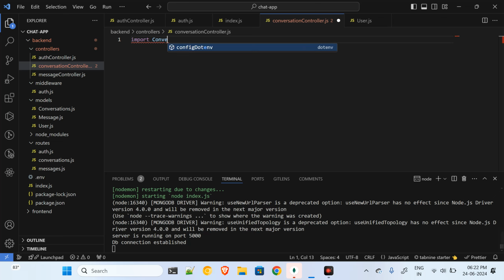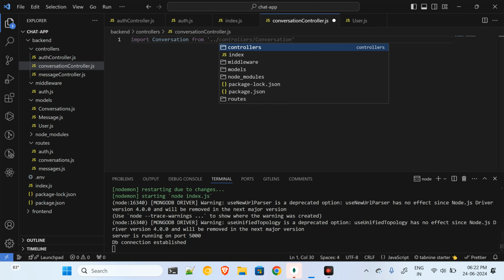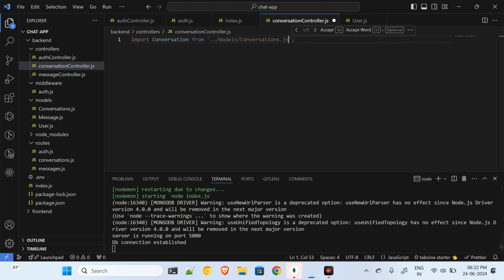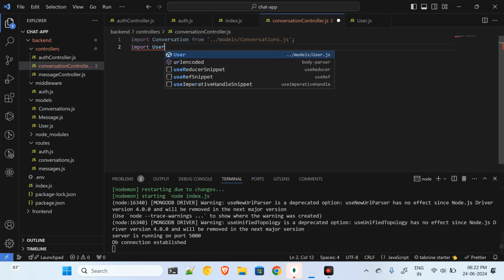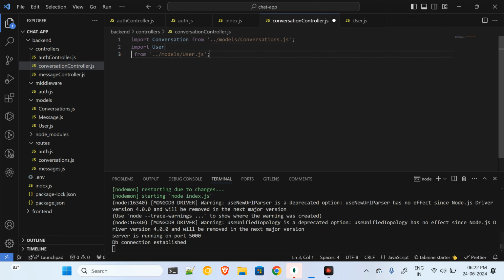I'm not able to import conversation from models and conversation.js. Sometimes autocomplete works fine, sometimes it doesn't. Never mind. So I will import the user also from the user.js over here, and